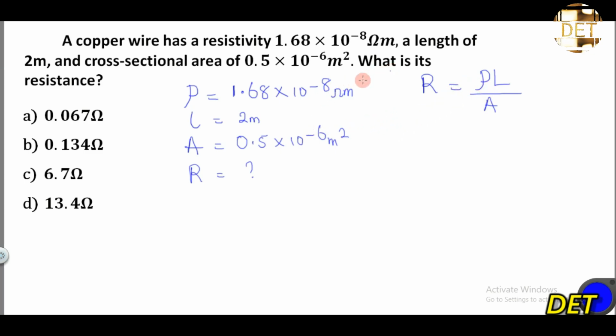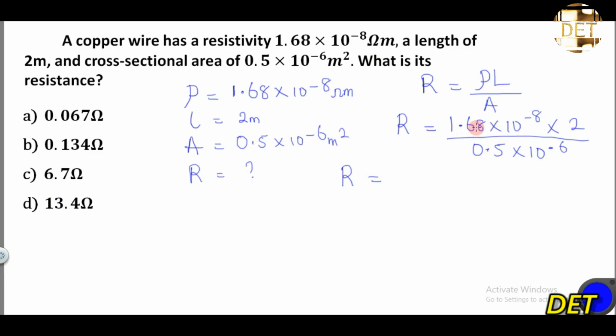So we are asked to look for what? The resistance of the copper wire. So the resistance will be equal to, the resistivity is 1.68 times 10 raised to the power of minus 8, right? Times the length. The length is what? 2 meters, divided by the cross-sectional area. The cross-sectional area is 0.5 times 10 raised to the power of minus 6. So having done that, the next thing I will do, my resistance will now be equal to,